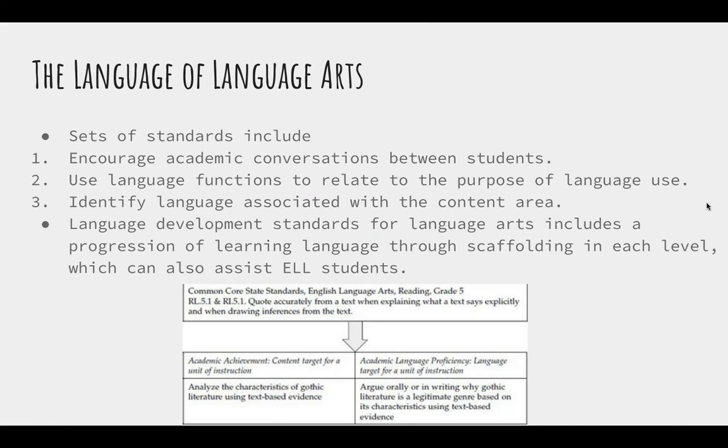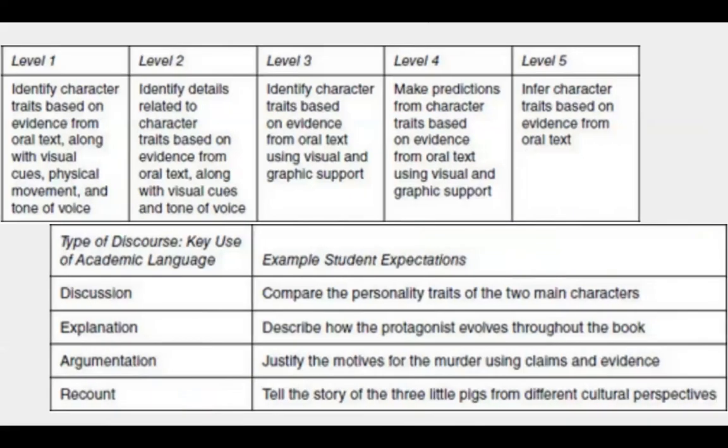So there's a standard that I included right there, and then it differentiates between the academic achievement that we're shooting for and academic language proficiency that we're also shooting for the students. And then here are some of the levels that it included in the book.